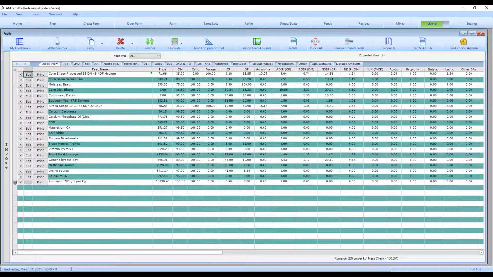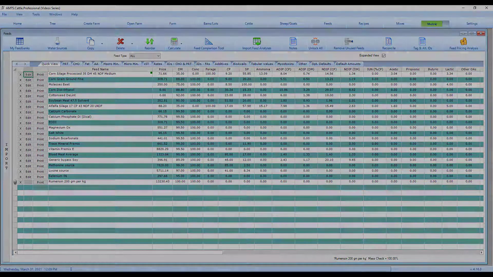So that wraps it up for this recording of the essentials of the feed screen. We will follow up with a demonstration on how to make your own custom feed banks and the power of feed banks in another video. As you can see, as on the cattle screen, there are many functionalities and buttons that I did not explain in this essentials video. We will return and do a more in-depth look at some of the use of these buttons in a subsequent video.